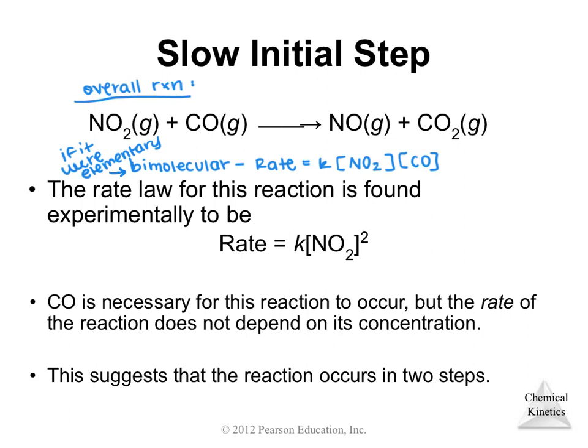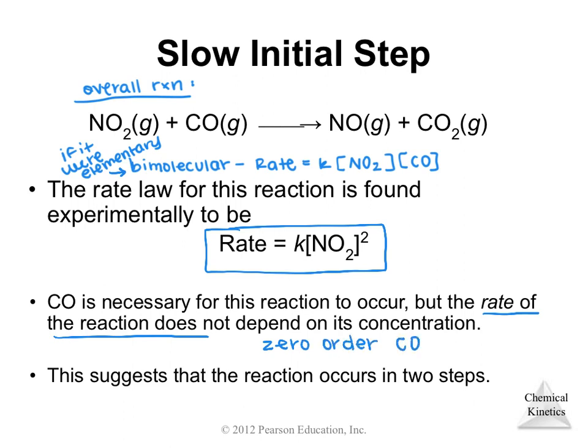Experimentally, when we find this, so either by graphing the data or by looking at different concentrations, we found that this is actually the rate law. So it is second order NO2. So what that tells us is that the carbon monoxide is necessary for the reaction to occur. Obviously, if it's a reactant, we have to have it. But the rate of the reaction does not depend on it. So it is zero order